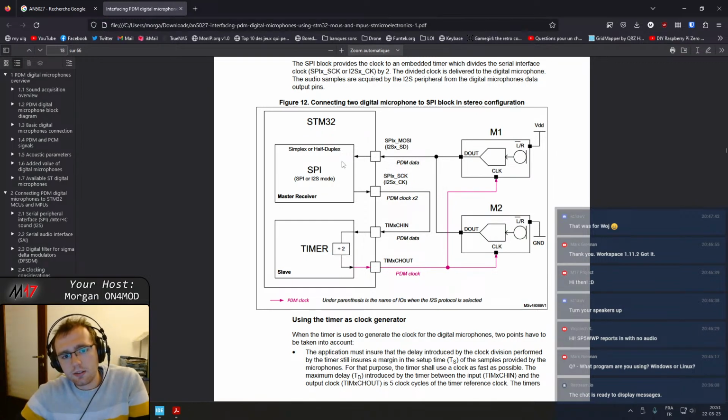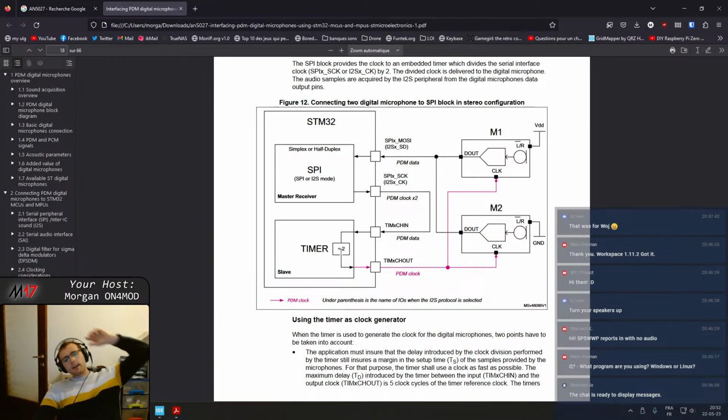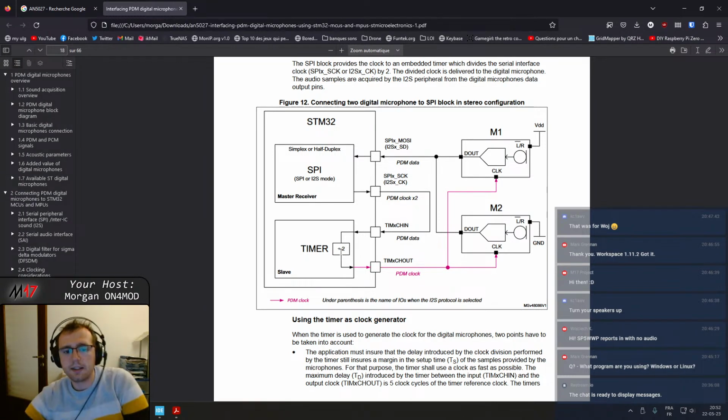But you see that you have your I2S or SPI, which is the kind of thing that can be a bit confusing. You have the data input and the clock output. However, the clock output does not go directly to the microphones. It goes through a timer, which is configured in slave mode. Basically, what this timer is used for is it divides the frequency of the clock at the input. So you can see you have the input here, you divide it by 2 and you have the output. Why is that? It's because the